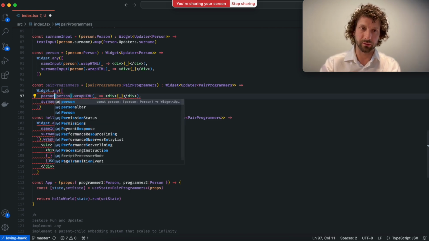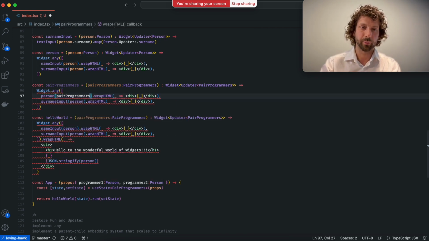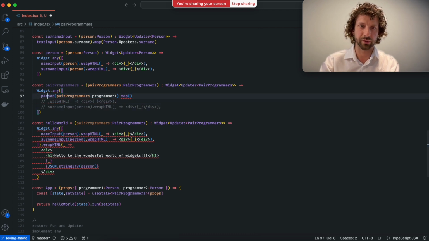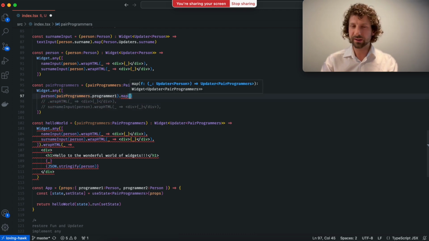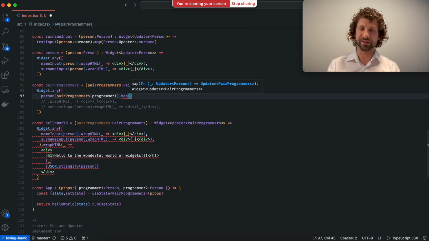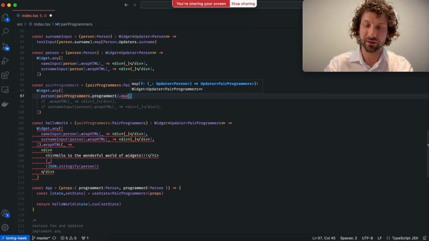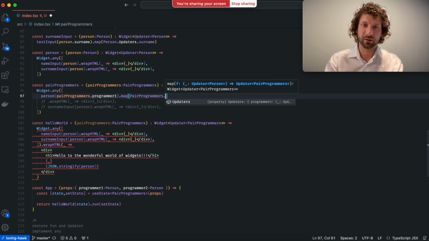And here, what are we going to do? I wonder. Well, we have one person, which is pair programmers dot programmer one. And what do we do with the output of pair programmer one? Wait, let me comment all of this away so we get clear intelligence. This gives us an updater of person because this is what happens to pair programmer one. But now we need to produce an updater of pair programmers that embeds the updater of person into an updater of pair programmers, and this is pair